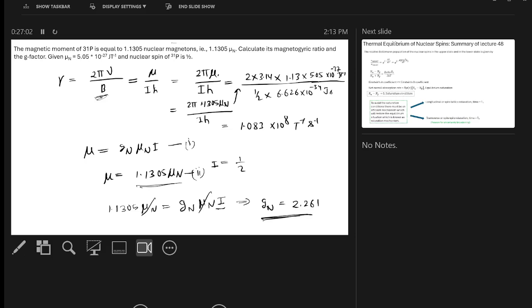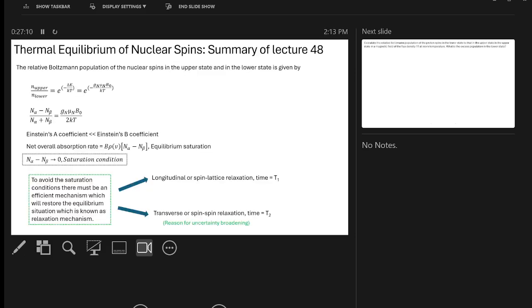So these are the fundamental questions on NMR, like what is the frequency, what is the strength of magnetic field. These are the parts. The next coming part is thermal equilibrium. Okay. So let's say we have two states. We have two states here. So this is alpha up and this is beta down. Okay. So we want to calculate the relative population. We can calculate using Boltzmann distribution.